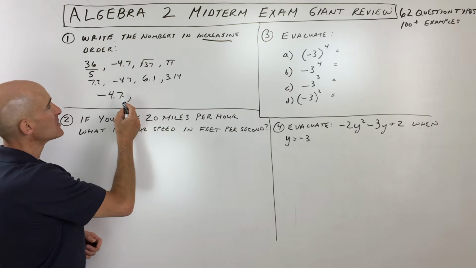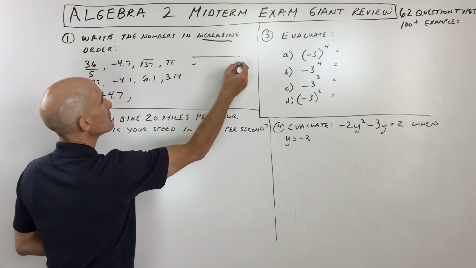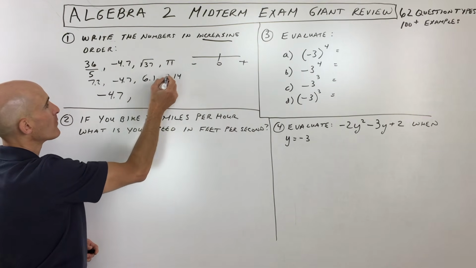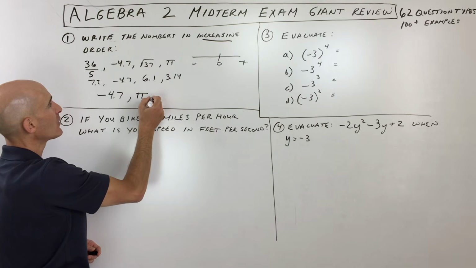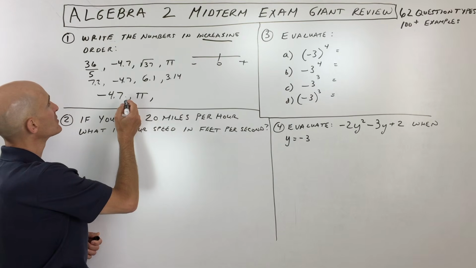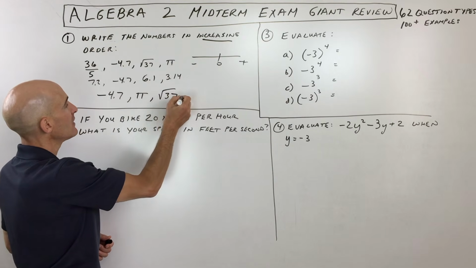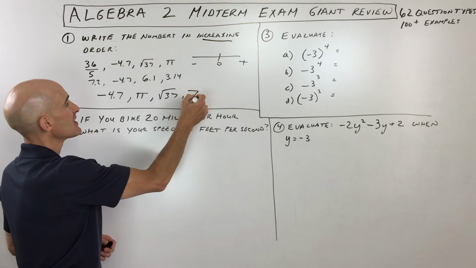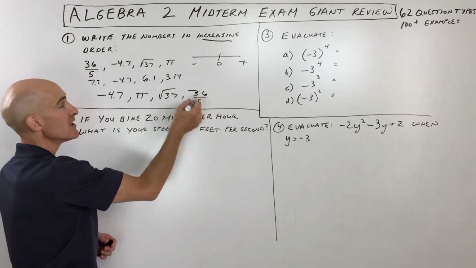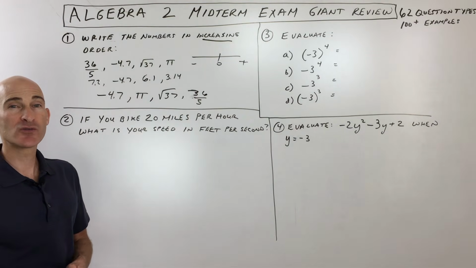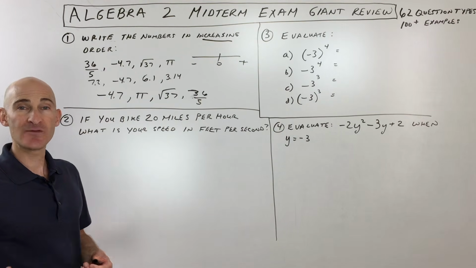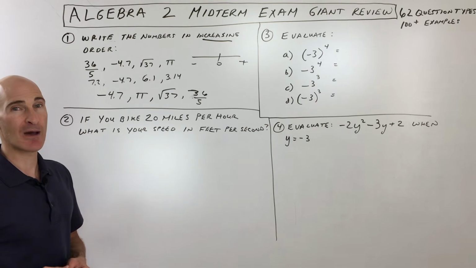The next one, as you go along the number line, remember from negative to positive and zero in the middle, the next smallest one is going to be 3.14, but instead of writing 3.14, you want to write pi, in the same form that they gave it to you. And then the next one after that looks like it's going to be 6.1, which is the square root of 37. And then after that, that's going to be 7.2, which in this case they're giving to us as a fraction, 36 fifths. So that's question number 1. Now, what you might want to do as you go through this video course is pause the video, see if you can do the problem on your own first, and then we can go through it together. You might get more out of it that way.